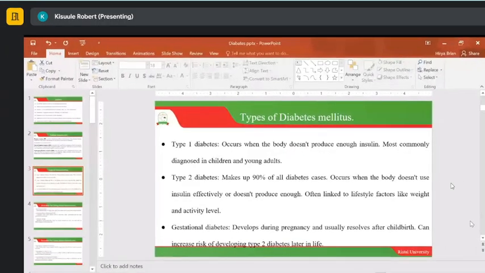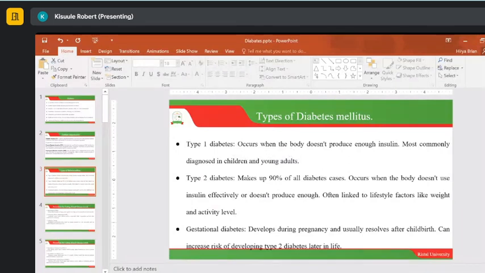There's really not much we can do. But then when it comes to diabetes mellitus, that is more to do with the diets and other things that we can work with, to see a way on how we can counteract this and also lead to overall well-being of the individuals with this particular condition.